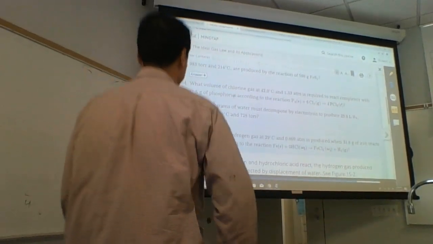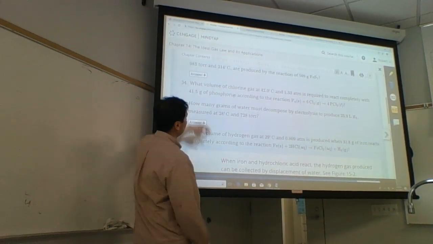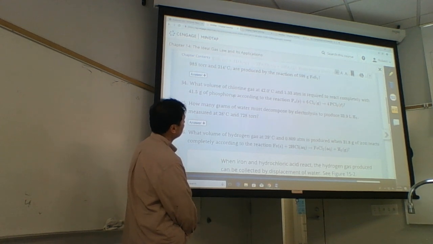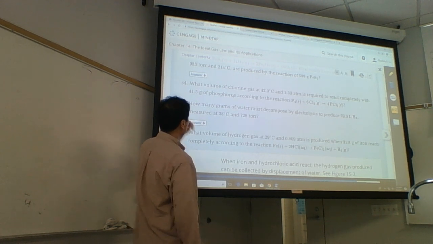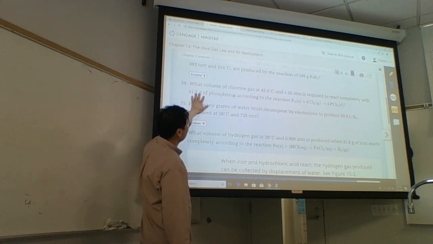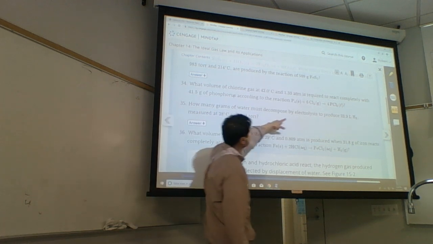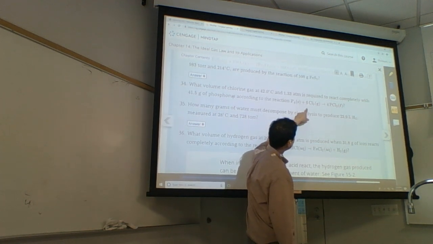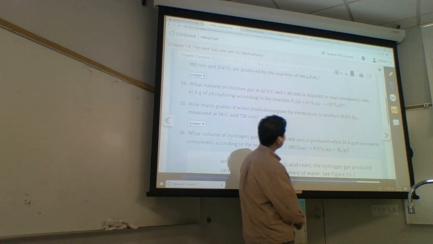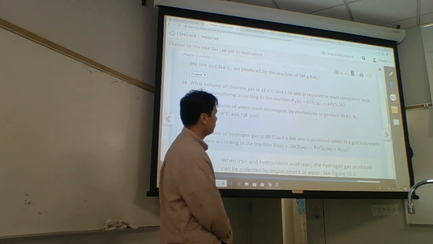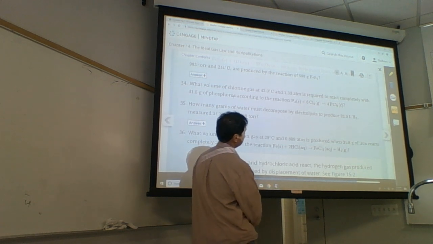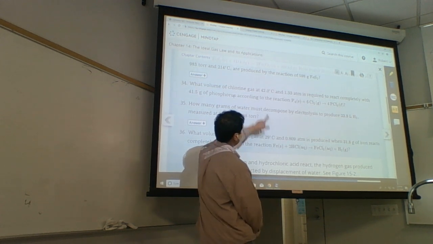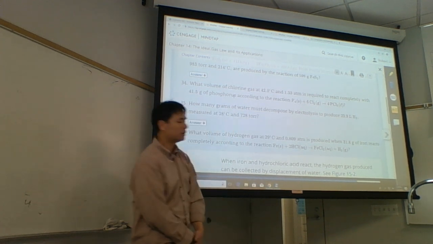Okay, if we look at 34, what volume of chlorine gas at 42.0 C and 1.33 atmospheres is required to completely react with 41.5 grams of phosphorus? So we would go from grams of phosphorus to moles of phosphorus, moles of phosphorus to moles of chlorine. And then from moles of chlorine, we get the volume of chlorine either by the ideal gas law, V equals nRT over P, or the molar volume. We'd calculate the molar volume at 42 C, convert that to Kelvin,